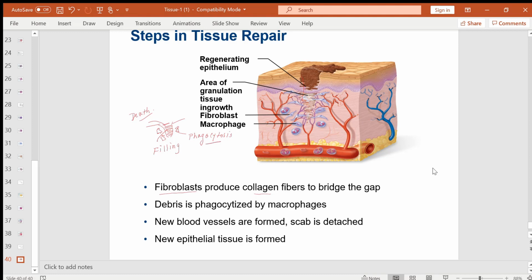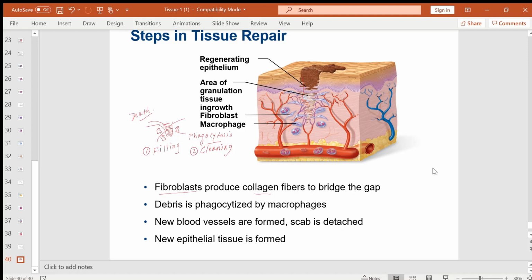Because the dead cells and debris, dead tissue should be removed. So that is the cleaning part. Okay, so cleaning is done by macrophages, the phagocytic cells. They will remove the debris and dead cells, dead tissue. So filling by fibroblasts, cleaning by macrophages,